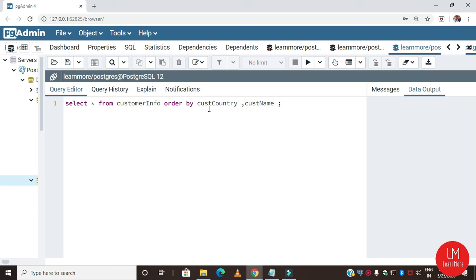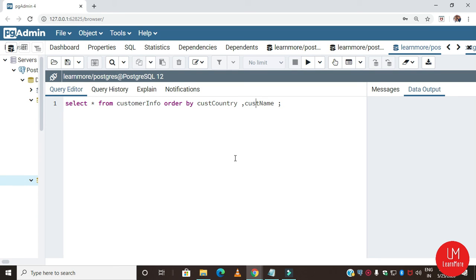I have specified 2 columns to apply order by, and this query will select all customers from the customer info table, sorted by the customer country and then the customer name column. This means that it orders by country, but if some rows have the same country, then it orders them by customer name.